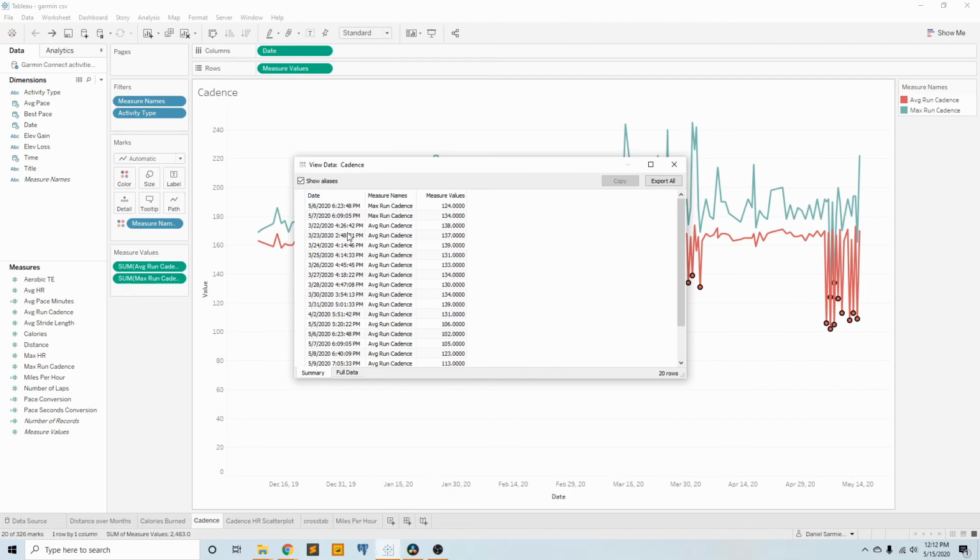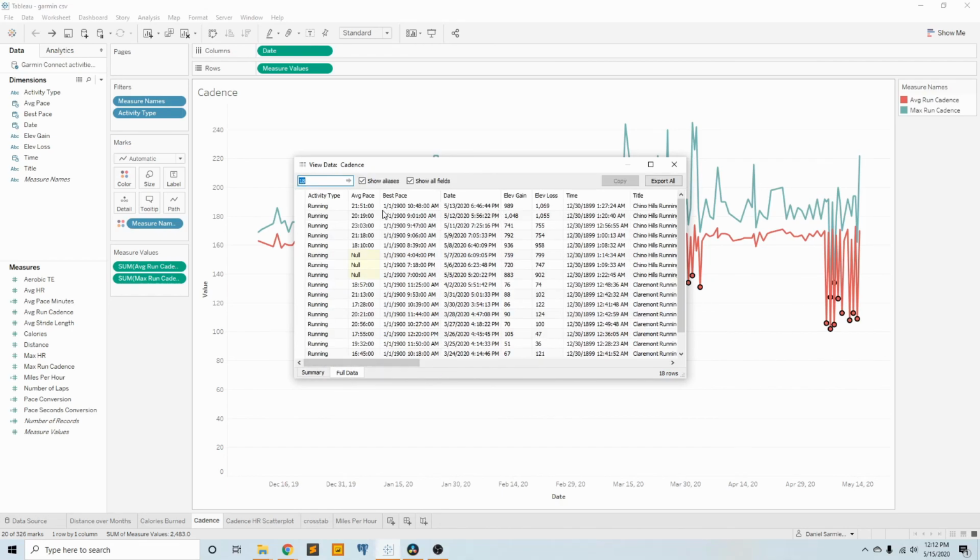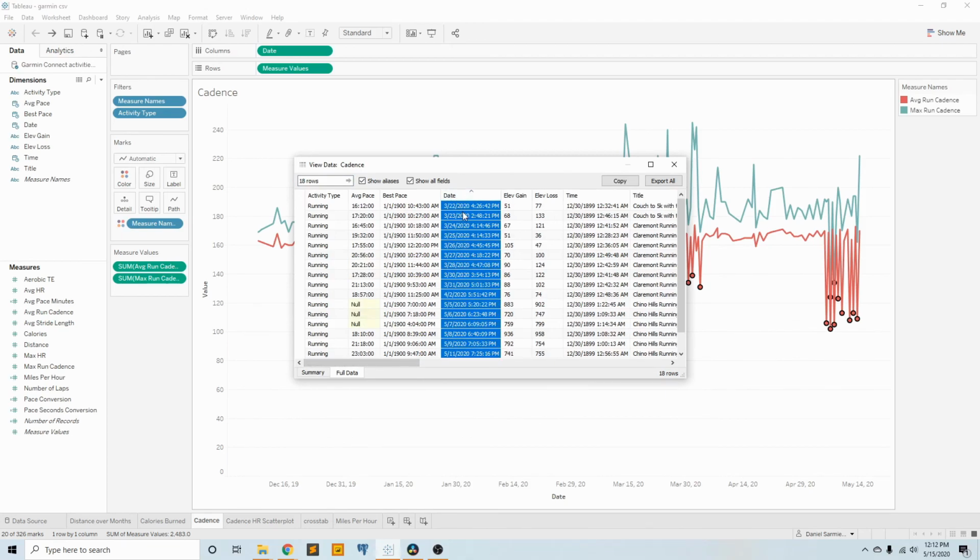When I first bring this up, it'll show me just the items that are included in the view, but if I look at the full data set, I'll be able to see, let me look for the date right here, okay? So according to date and the pace,